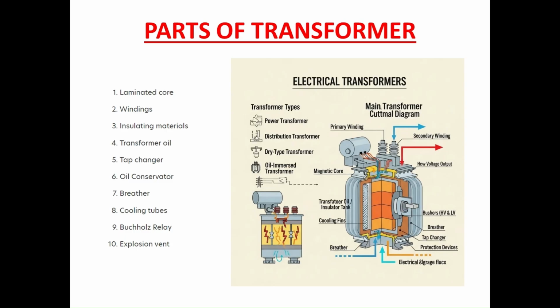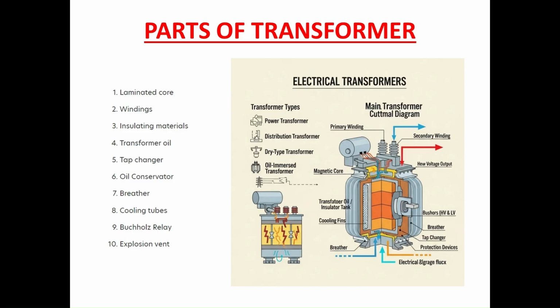So in order to control the primary or secondary voltage, there are tap changes in the winding, and accordingly we can get a regulated output voltage despite the variation in the